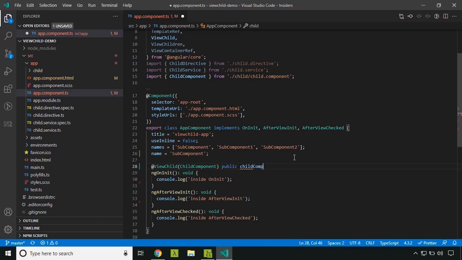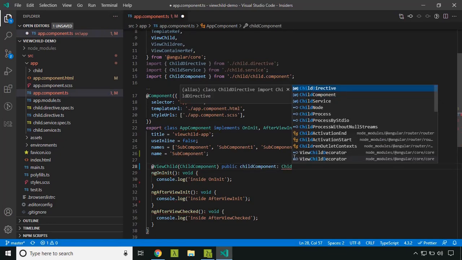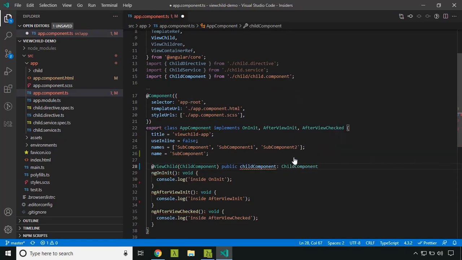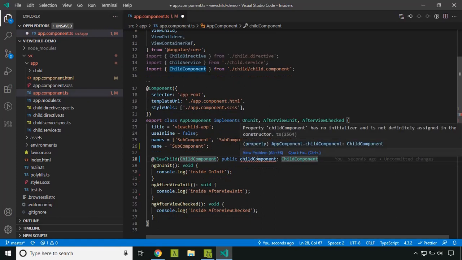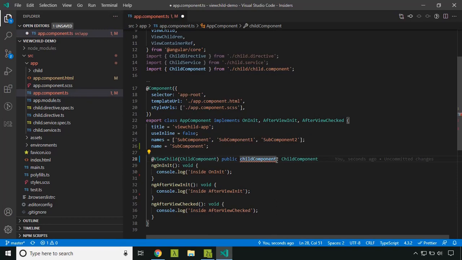I am giving it as childComponent itself, and it's of the type ChildComponent. Now it's showing an error that childComponent is not initialized, so I am providing a non-null assertion operator so that it will ignore the initialization error.